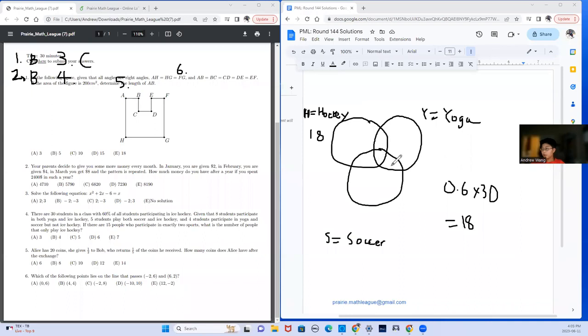Now let's talk about this middle flower shape. So we'll label this middle as Y, and Y essentially is the amount of people out of the 30 students, of course, who choose to do all 3 sports. And this X is the amount of people who only choose to do hockey and